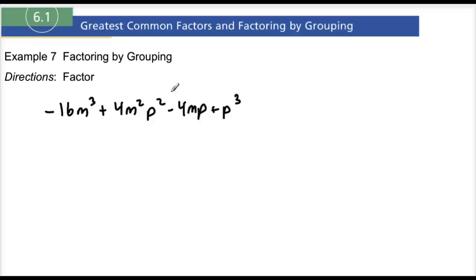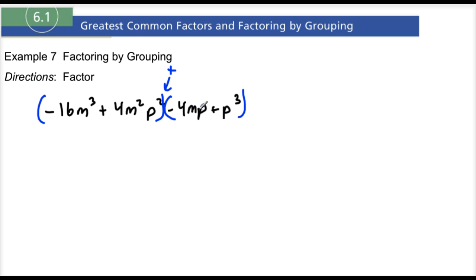Some more fun with factor by grouping. All right, so let's just continue what we've been doing the last few examples here. Again, we want to factor by grouping, so we do that by putting parentheses around the first two terms, and then putting parentheses around the second two terms, and just know that there really is technically a plus sign